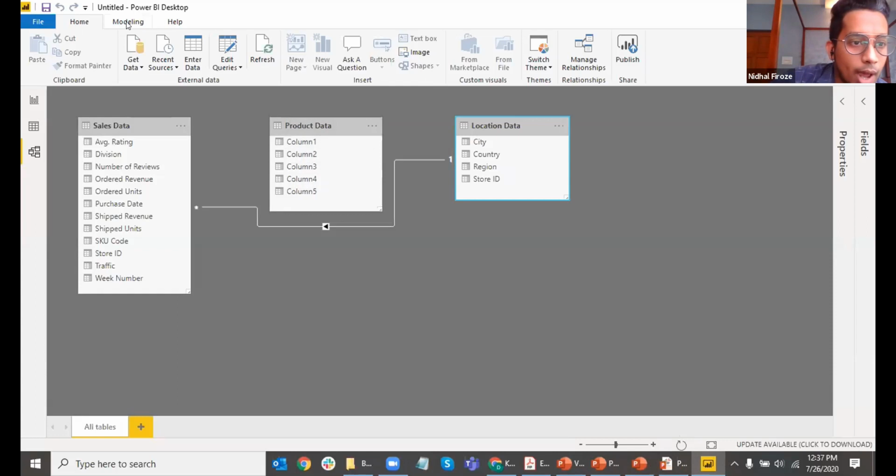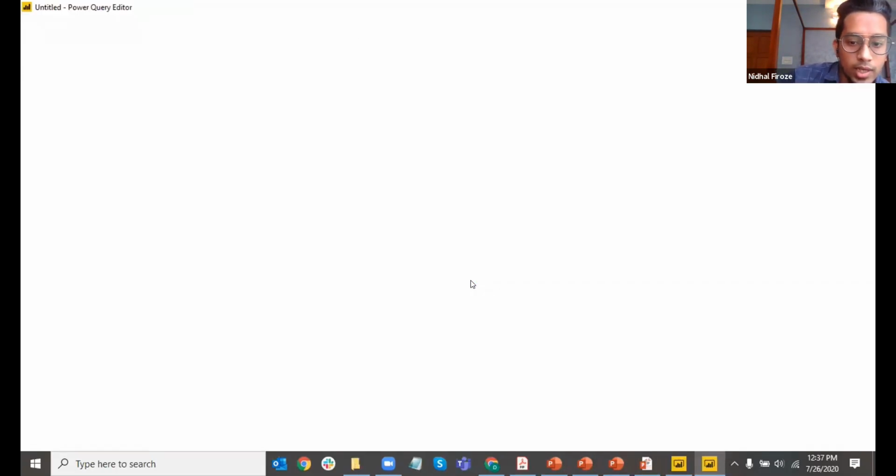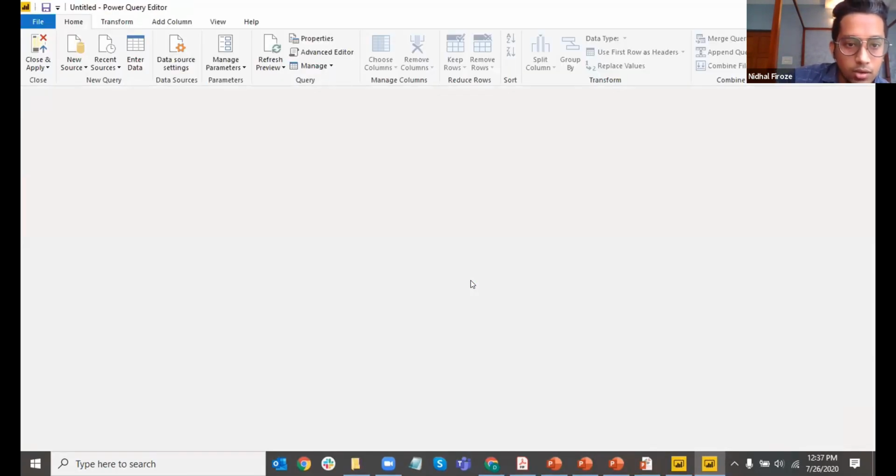Let me go back, take a look at product data. How can I take a look at this product data in more detail? The data source editor, right? So let me go back to the Power Query editor. I'm in the home tab. I can see this edit queries. You will see something different in your transform data or whatever it is, but I'm going to do that. Click on edit queries. Again, you don't need to go back and do this right now. You can pay attention to the zoom.